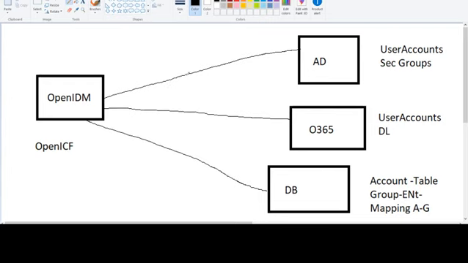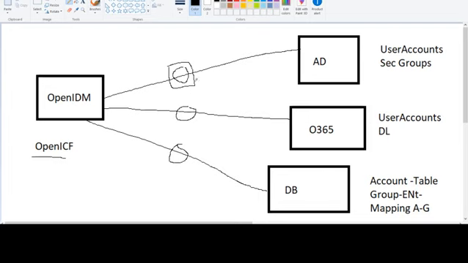So that's how OpenIDM can connect to an external resource. The external resource, when connected to OpenIDM, is considered a connector. The connector is connecting your OpenIDM with the AD, and the connector is an extension of your OpenICF framework.